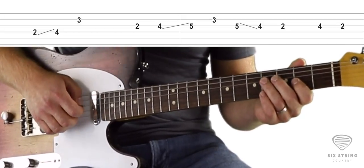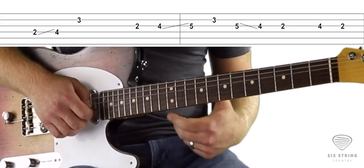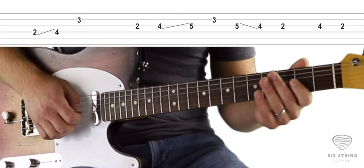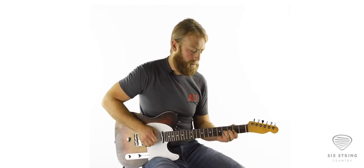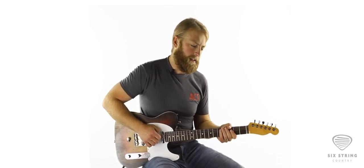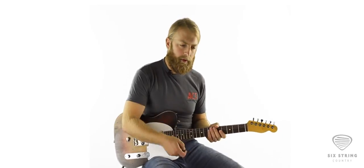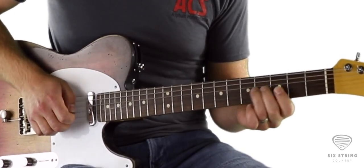And this kind of hybrid picking, this is a fairly straightforward riff here, just because of the speed, but if you get that technique down, it's a lot of that same motion. It's just a matter of getting that technique, applying that to different scales, different areas of the neck. But as you do it more and more, it gets more and more comfortable, and you can go faster and faster. But that's just a little taste